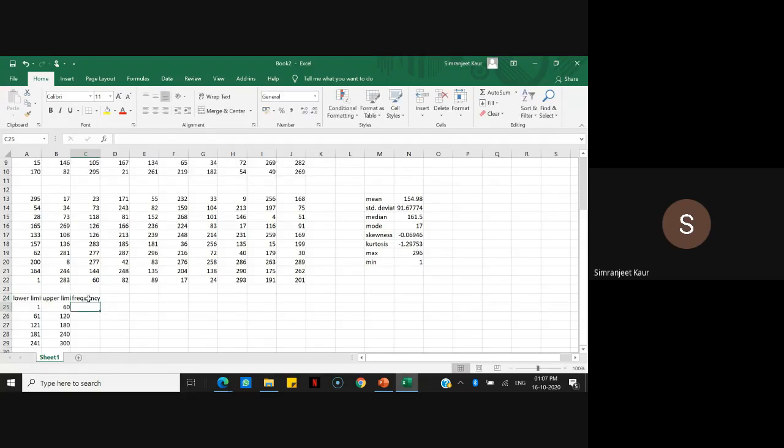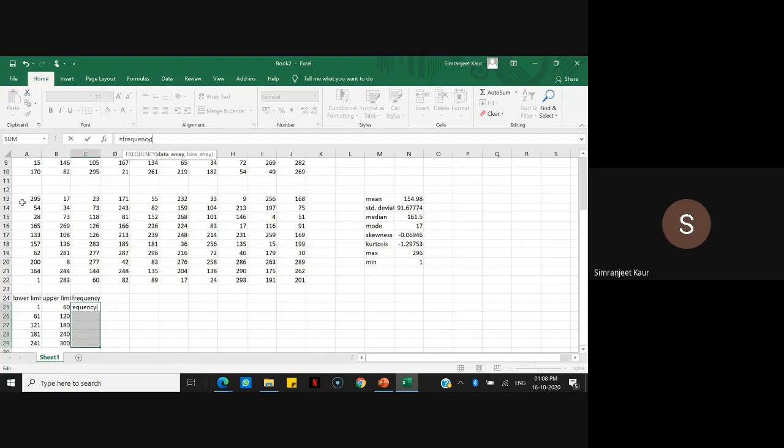First, let's do the one which is in your syllabus. Okay. So for that, you will select all this, right? Then go to the formula bar. Start typing here frequency. This is the formula that we are going to use. So if you see now, they are asking you first for data array, then for bins array, right? Now what are bins? Bins will be same as upper limit here, right? Because we have inclusive data. For exclusive data, it will differ. That we will see in the forthcoming questions when we deal with exclusive data, right?